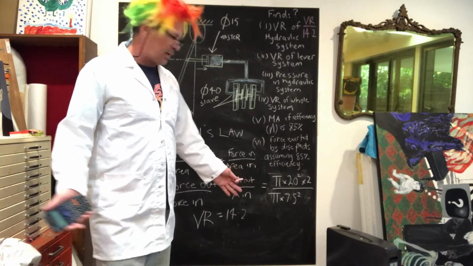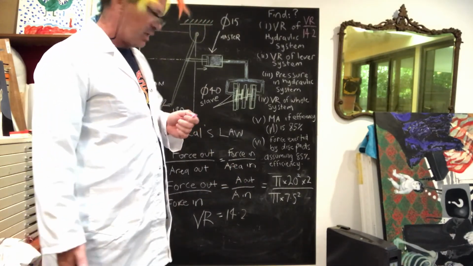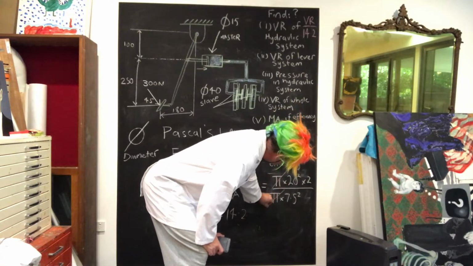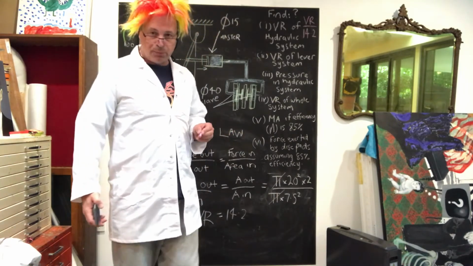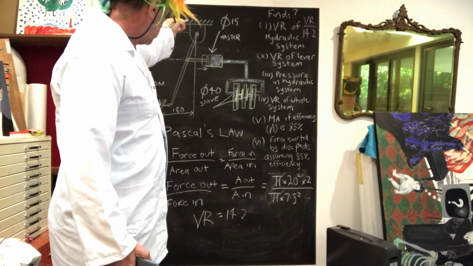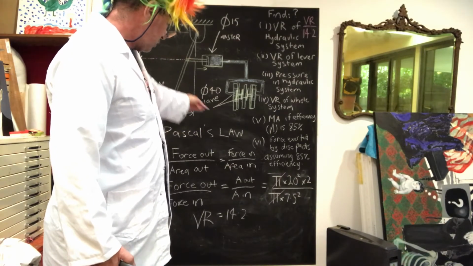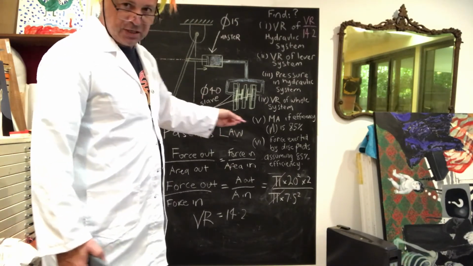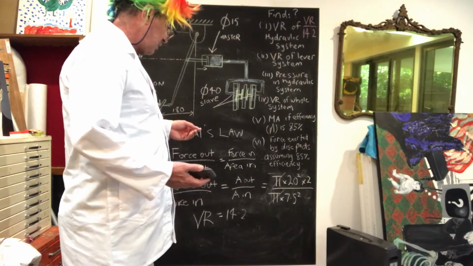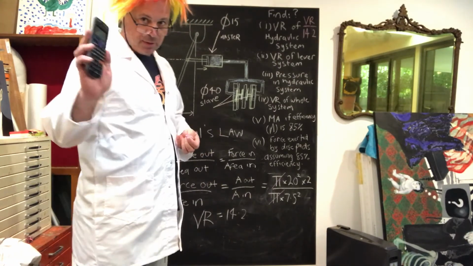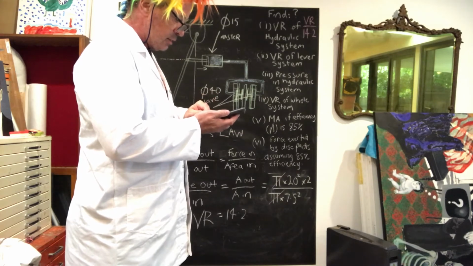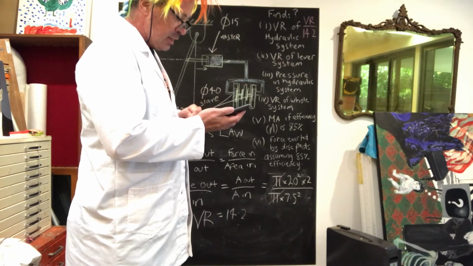Pretty simple, okay? One other thing to remember is that because these pi's cancel down, what you could do is just take your diameters. So you could take your diameter, which was 40, and say 40 squared times 2 over 15 squared. So for this type of question, if you don't want to deal with pi, we could just as easily have said, and I'll prove it to you here using the calculator, we could just get our diameters and go 40 squared divided by 20 squared equals,